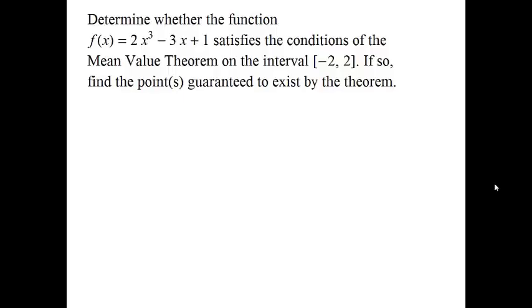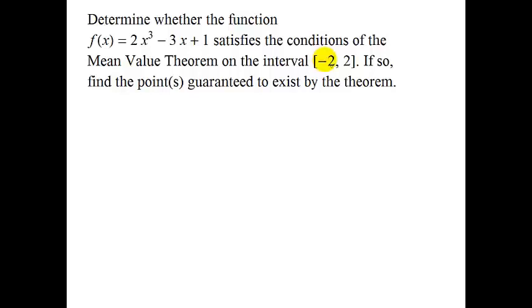Determine whether the function f of x equals 2x cubed minus 3x plus 1 satisfies the conditions of the mean value theorem on the interval from -2 to 2, and if so, find the points guaranteed to exist by the theorem. Okay, our two conditions for the mean value theorem: we need to have a continuous function on the closed